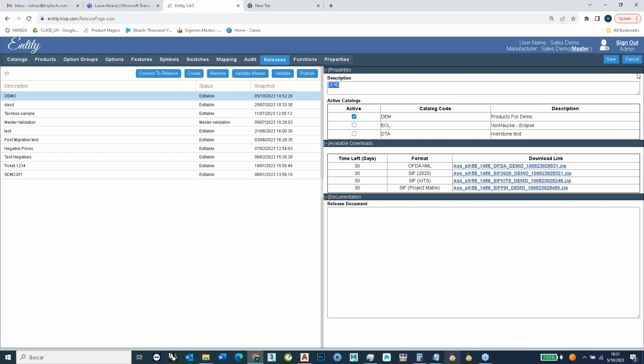Excellent. Well, I would like to add that this is huge in terms that, as you can see, it exports into XML, which is the CET format, and also the CIF format, which is the one compatible with 2020 Kit Collaborator and CIL. So that's basically the good thing. The idea is just to give one source of truth without having to create the data separately for different platforms. You keep everything centralized in entity, and then you can distribute it to all the existing and different